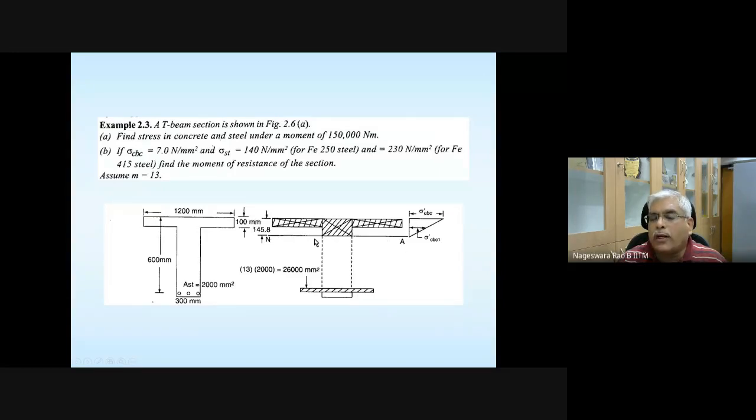If the neutral axis is going to lie in the web region, the portion of the concrete which is in compression comprises of this shape. Okay, you can split that portion into 3 rectangles. This is only for our convenience, for calculation purposes. So if suppose the neutral axis is actually coinciding with the bottom of the flange, then what is going to be your area in compression? It's simply the flange area.